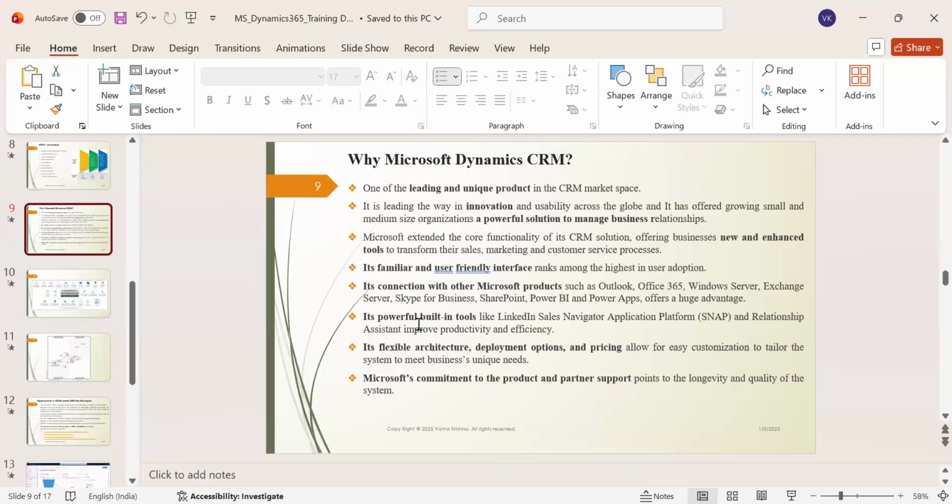They have powerful inbuilt capabilities with these different tools. And they have a more familiar user interface, and the application is very easy to use, which I will also show you, how the application looks. And there are powerful inbuilt tools with Microsoft Dynamics 365 CRM, like LinkedIn Sales Navigator and the application platform, which means this platform will help them generate more leads. We'll discuss what a lead is in the classes, but they have some powerful inbuilt tools that help businesses